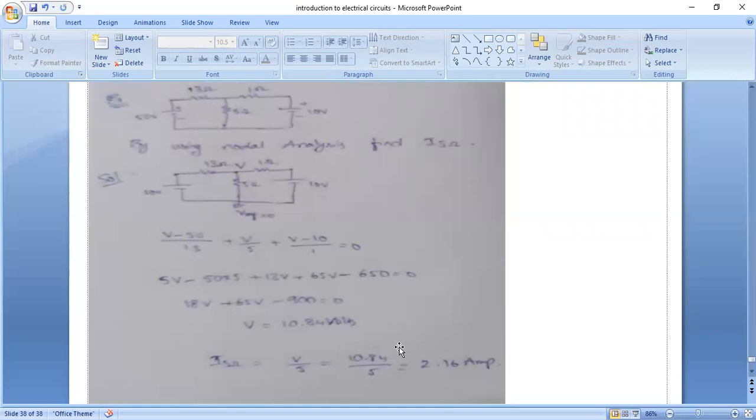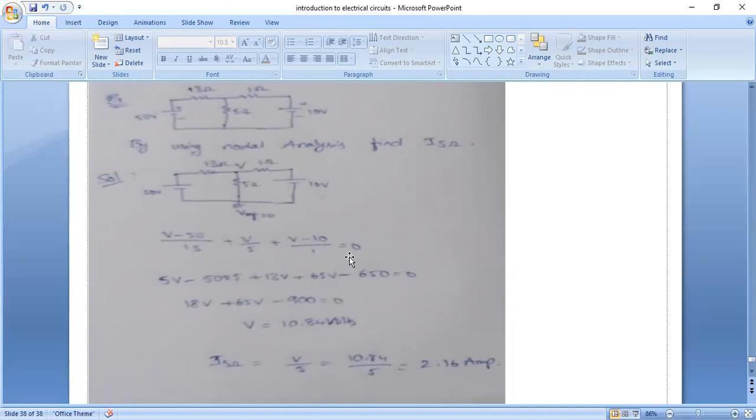Let's see an example based on nodal analysis. This is the given circuit. Using nodal analysis, find the current across the 5 ohm resistor. This is the question. The first step is to identify the nodes and assign the node voltage. This is the reference node and this is the node. Across this node, we have to apply KCL. So (V minus 50) by 13 plus (V minus 0) by 5 plus (V minus 10) by 1